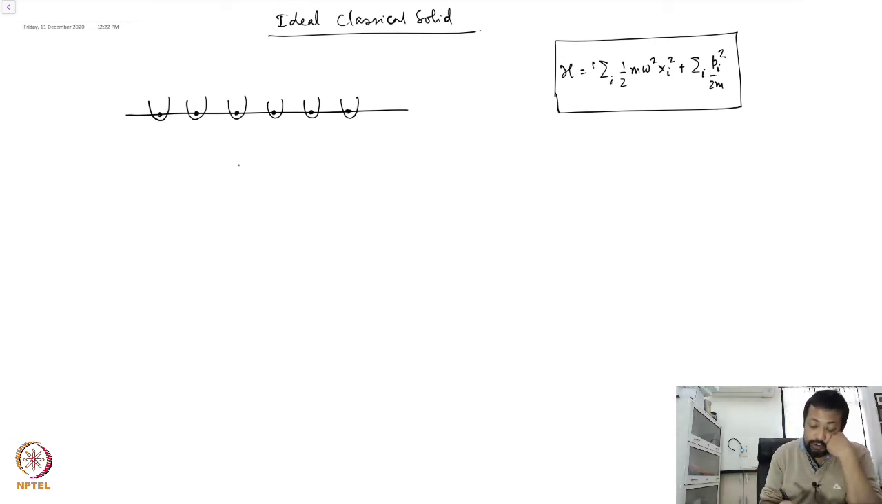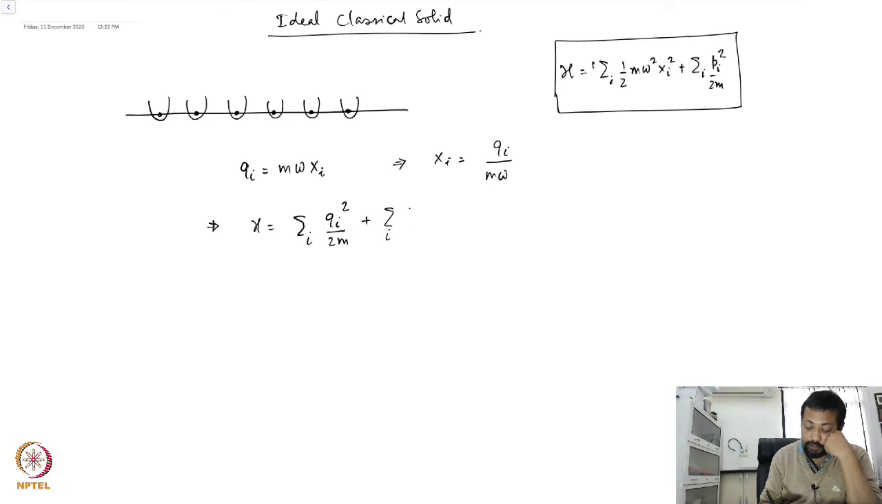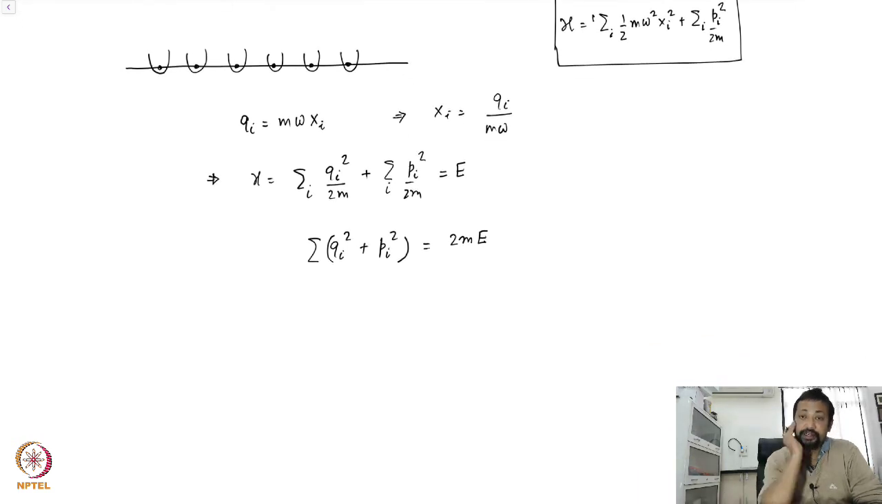Okay. First note that if I substitute Q_i equal to m omega x_i, this would imply that x_i is Q_i over m omega, which means that the Hamiltonian now takes the form sum over i of Q_i squared over 2m plus sum over i of p_i squared over 2m, and this is going to be a constant energy. So in the phase space, this equation, sum of Q_i squared plus p_i squared equal to 2mE, defines a 6N dimensional